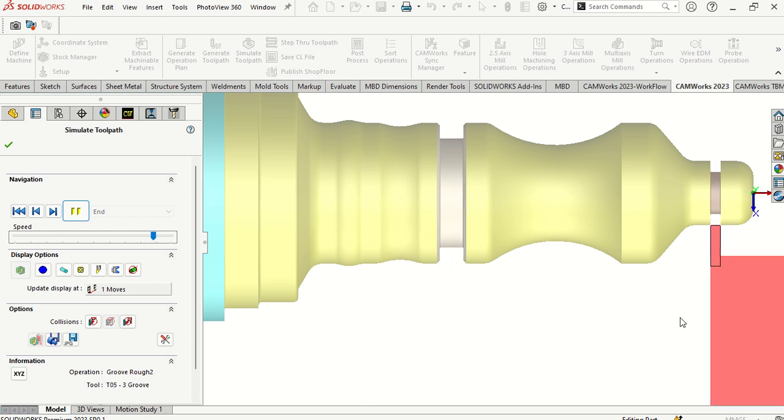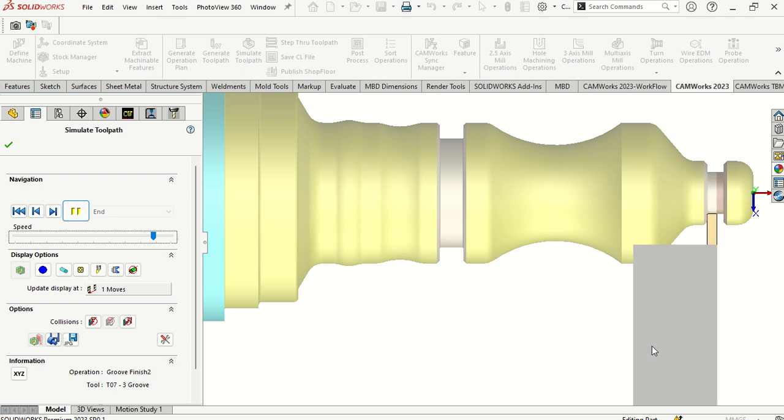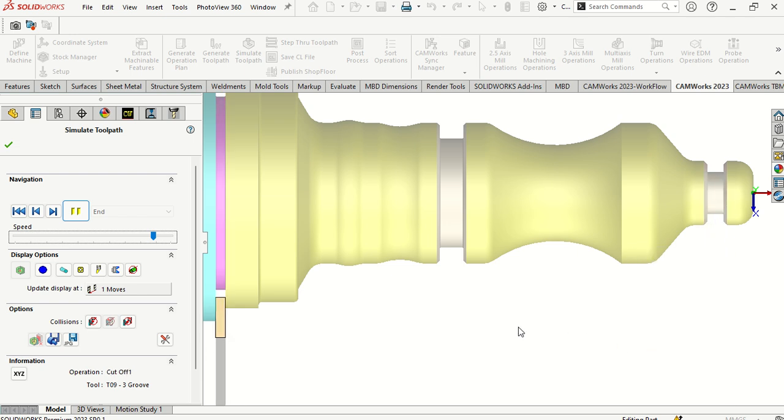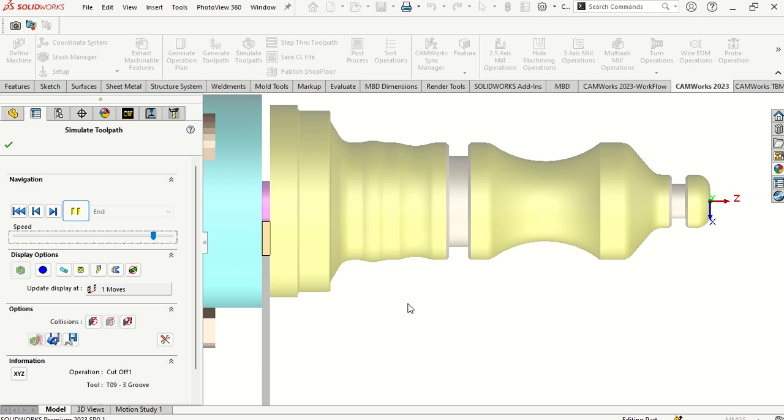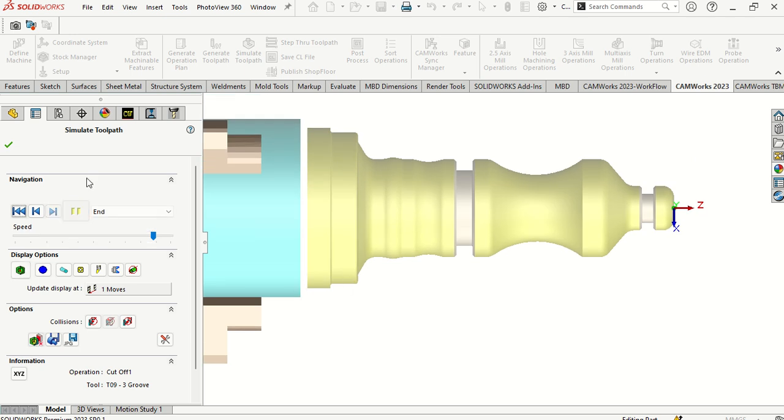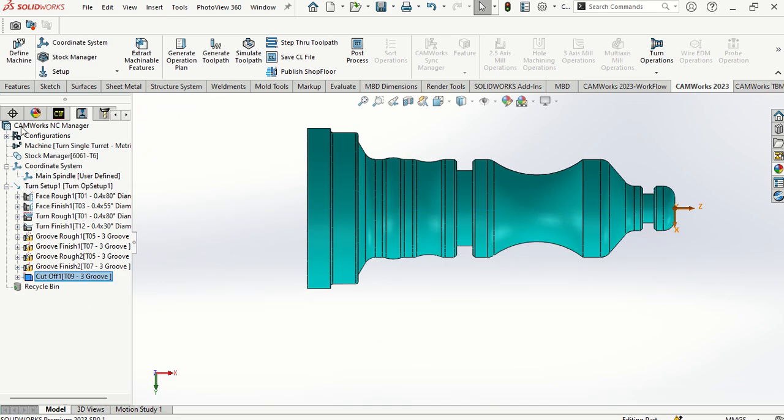Then here it comes to rough grooving. Then finish grooving. Yes, and then part off. Good. That is how CAMWorks is. It actually is the best. Once you finish,